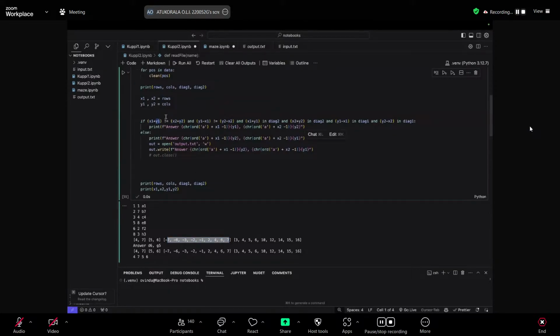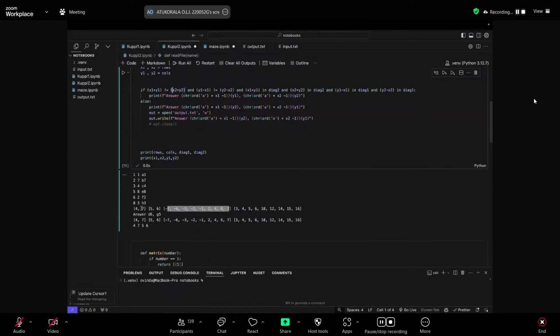From these two lists, what I actually do is take one of these values and one of these values and do the tests. One of the tests I would check is if the current two positions that I take are in the same diagonal. If that's the case, then that's the wrong answer. I have to switch to another answer, right?